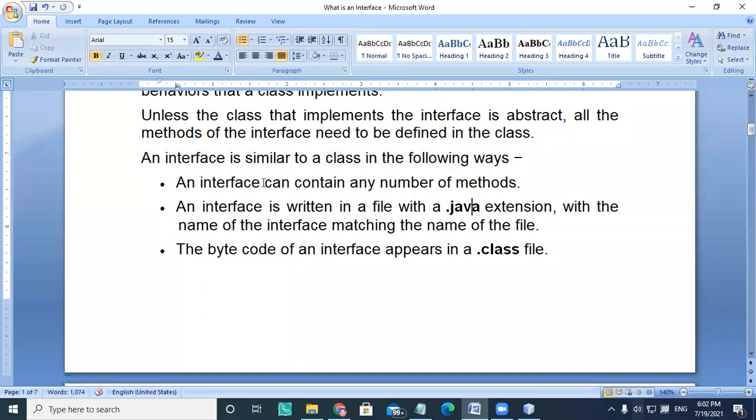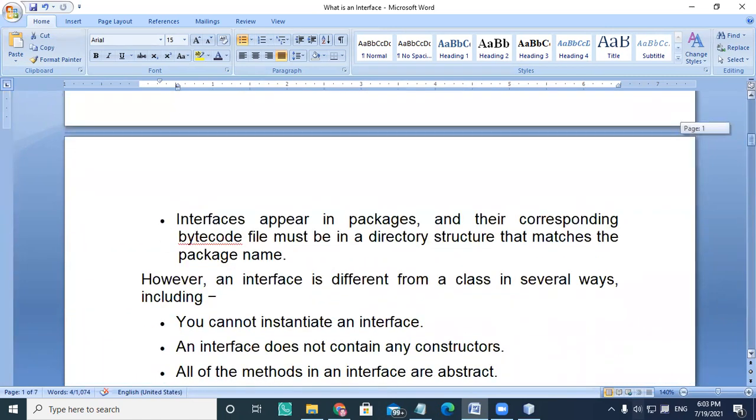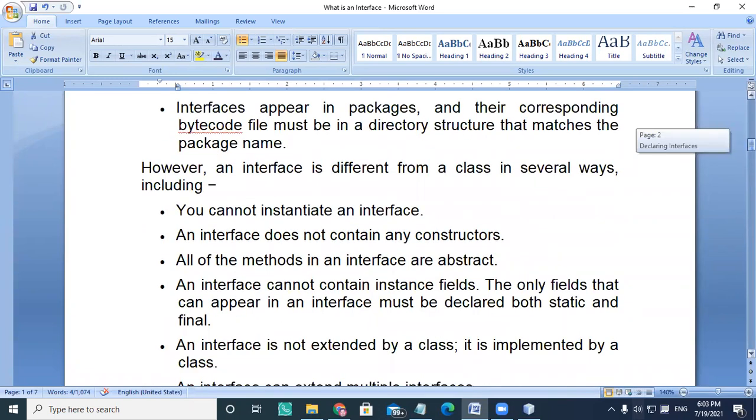An interface can contain any number of methods. An interface is written in a file with a .java extension, with the name of the interface matching the name of the file. And the bytecode of an interface appears in a .class file when you compile it.